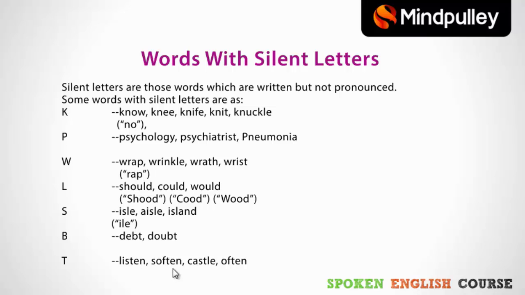Next is soften, not soften. Then we have a very, very common word, castle, not castle. And the last one is often, not often. T is silent again. Now I teach you about two words that are very easily confused when you are speaking English